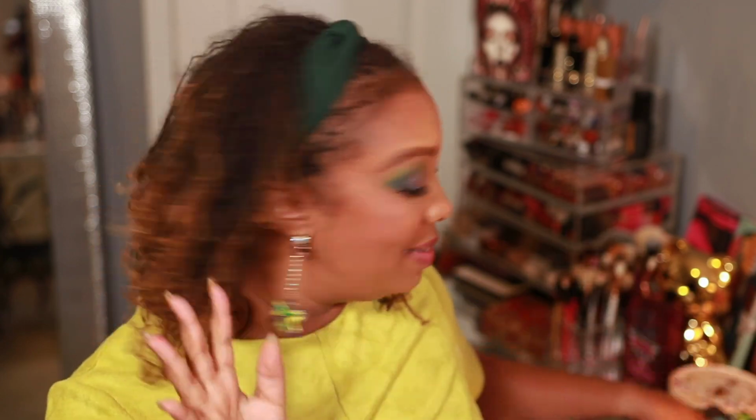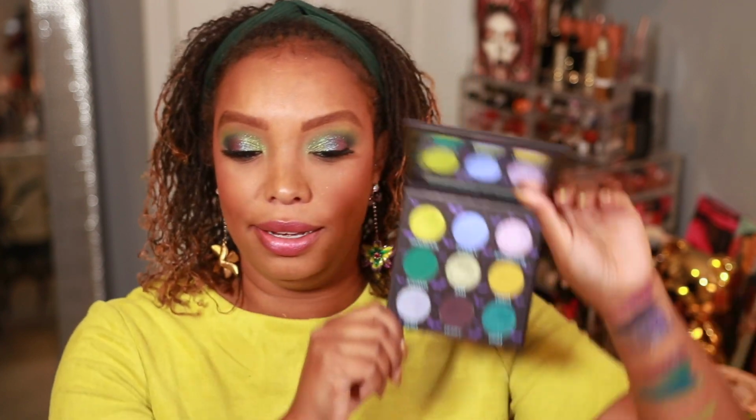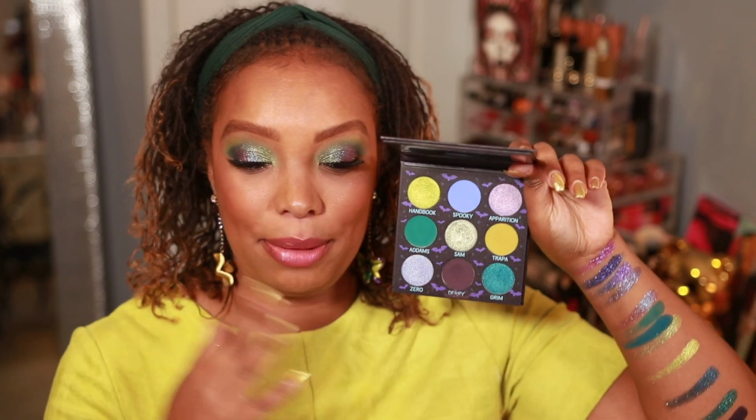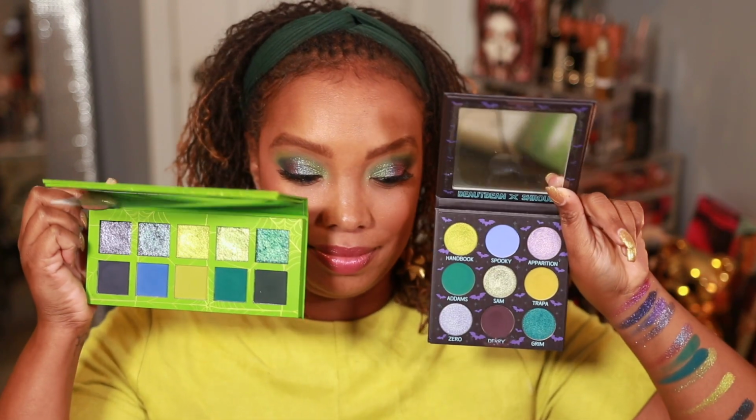So now I also pulled out a couple of palettes that remind me of this that I already have in my collection. The first one that came to mind is It's Freaking Bats in comparison to this bad boy right here. She broke the internet, damn near broke the company. She couldn't keep up, so many pre-orders. So definitely we got lime green chartreuses, plums, teals for sure. So across the board, I mean, just...